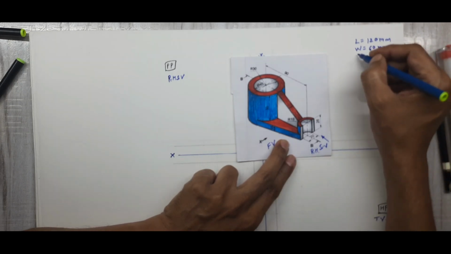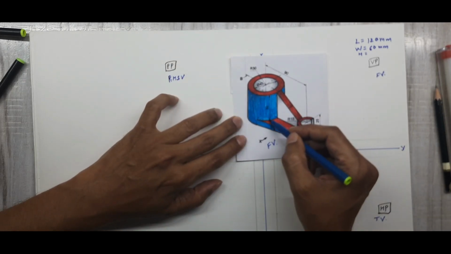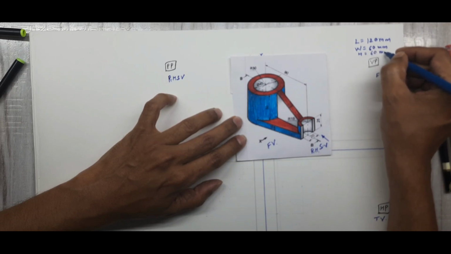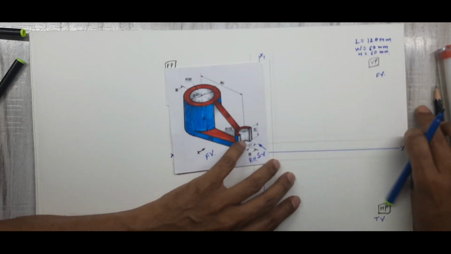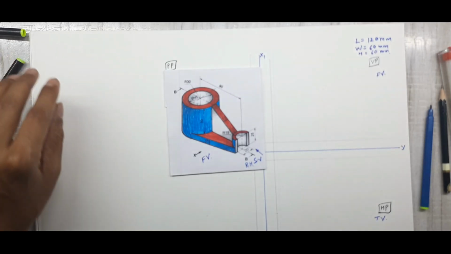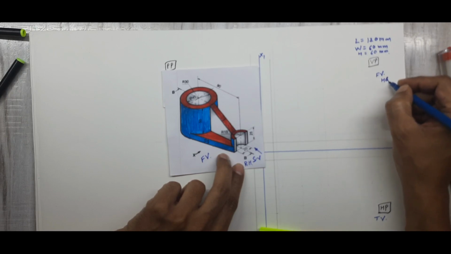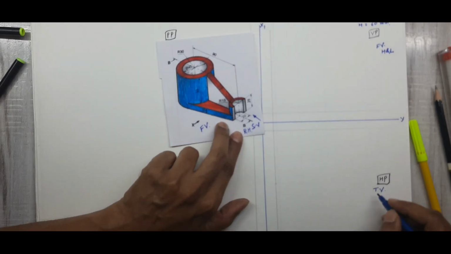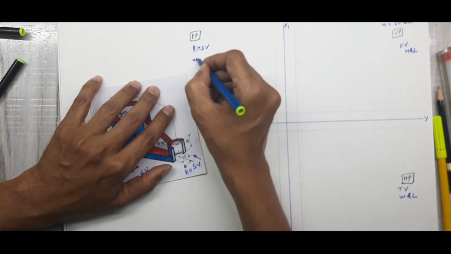Then what do you want? A height. How much is the height of this object? You can see from here to here it is 50, 50 plus 10, so that will be again 60 mm. So in this way we have got the length, width and height. In the front view, always keep it in mind, we will get the height and the length, and in the top view we always get the width and the length, and in the side view what we will get? We will get the width and height.